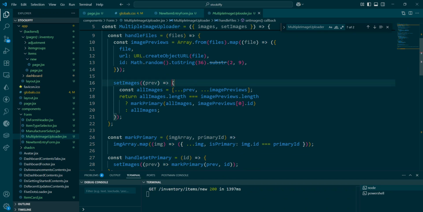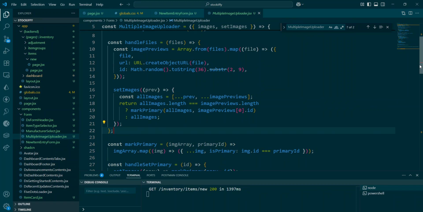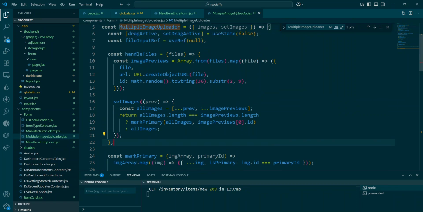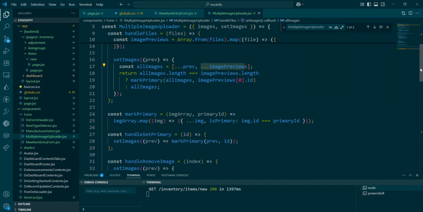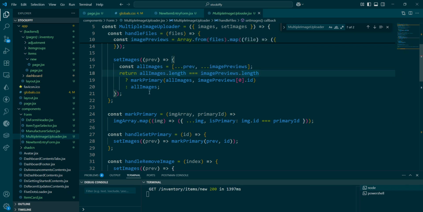So then we return this from it, where all images, we are creating this variable, and we say let all images take whatever previous images that is loaded, spread it out and add more to it. When more are added to it, it takes the previous, and so we are using the spread operator of JavaScript to handle that. Okay, we then return all images, the length of it is taken, and if it is